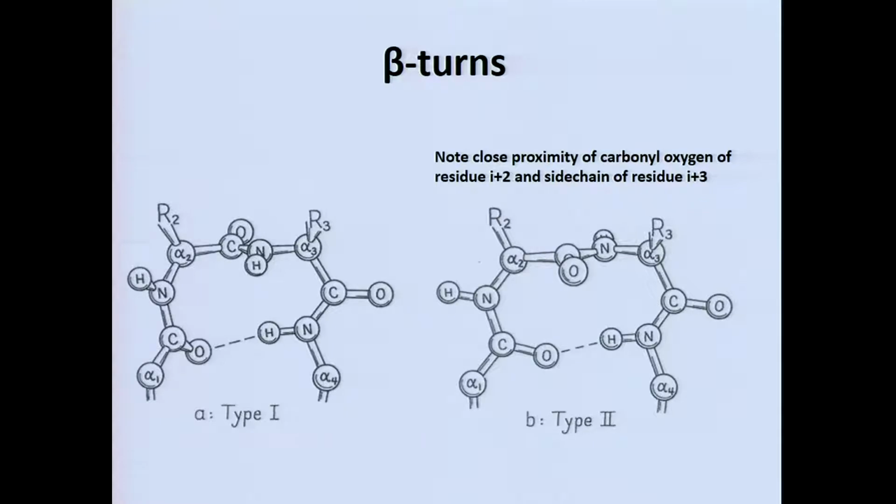Okay, and this is the number 2 amino acid, alpha carbon, NH and carbon. This is the number 3 amino acid, and this is number 4. So N plus 3. Okay, hydrogen bonding is between N plus 3, and the difference between